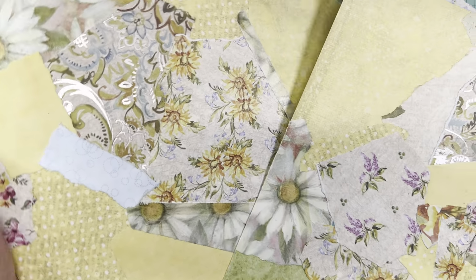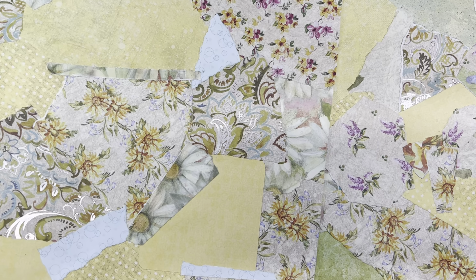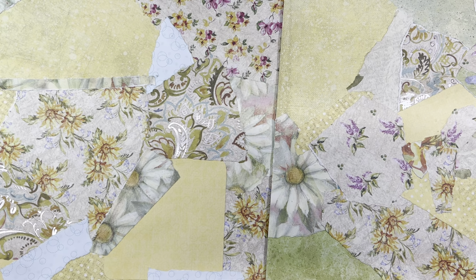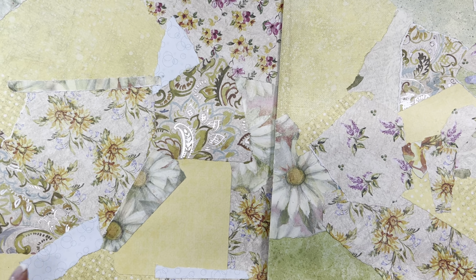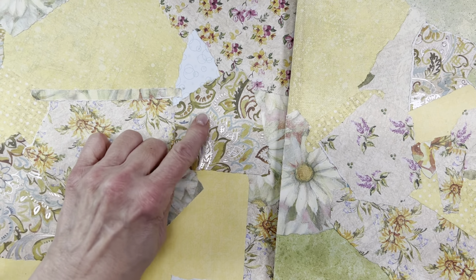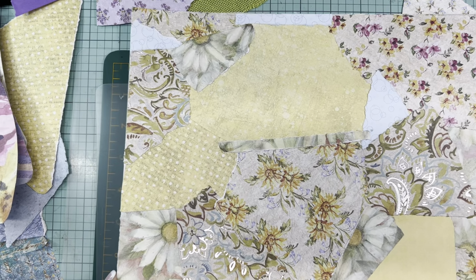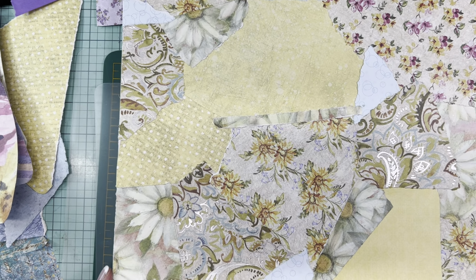So these are essentially the 2 that I created so far. And you can see that I tried to stick to colors that had some connection to each other. Although maybe on this one, the blue sort of jumps out at you, but there are other bits of blue. So again, not going to be super critical of the result because this is just the base. What a person would then do,